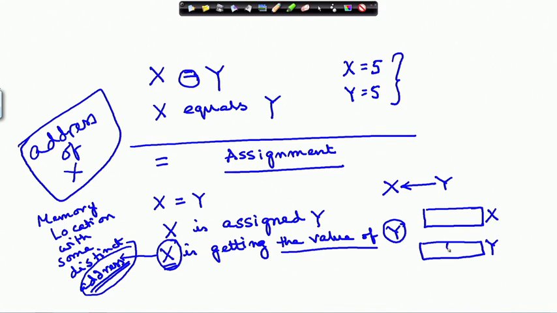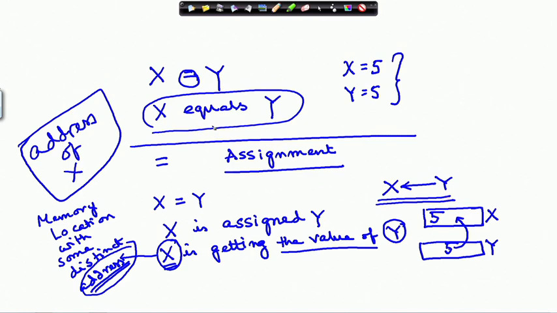Now, when I am doing assignment, x is assigned the value of y. Suppose y had the value 5. Now this 5 is written over here and this also becomes 5. This is the meaning of assignment. It does not exactly mean equal to y. Essentially, after this, the value of x is equal to the value of y, but this sign typically means assignment. In order to show equality, we have got other symbols, which we will come across later.